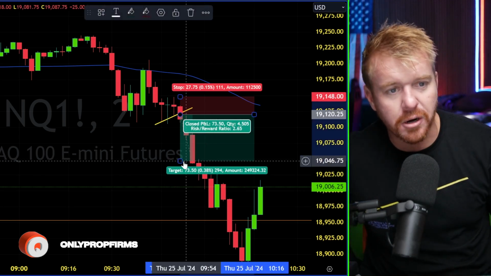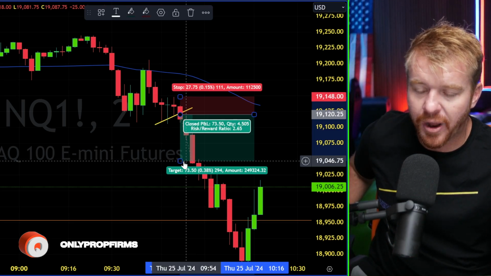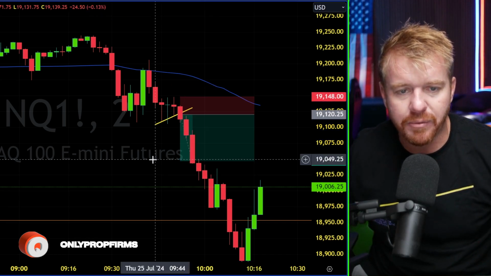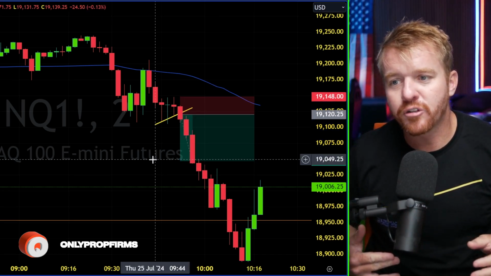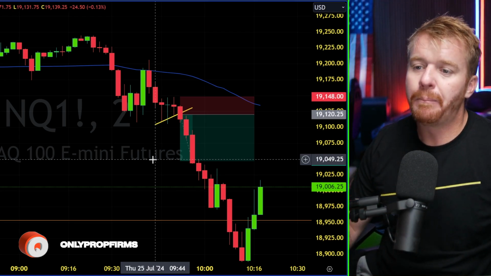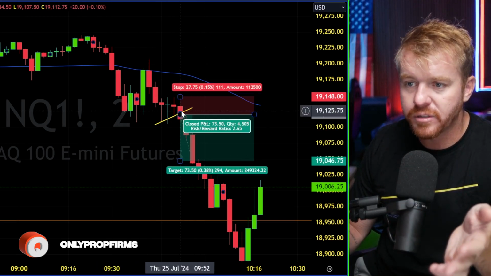So when you first start out, you can trade with the micros. You could trade 1 or 2 micro contracts, small risk. And that allows you to really build up that muscle memory, that mental memory of entering a trade, having confidence, having patience. The nice thing about trading with 2 contracts with the micros is if